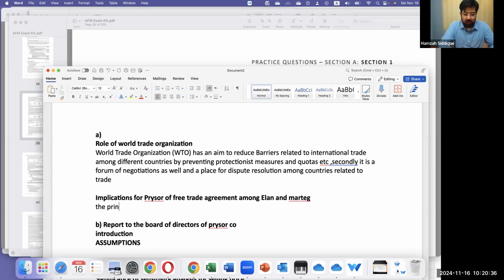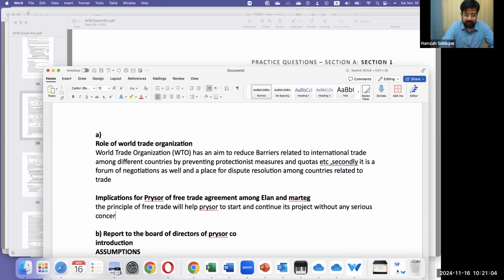The principle of free trade will help Prysor to start and continue its project without any serious concerns related to its project,